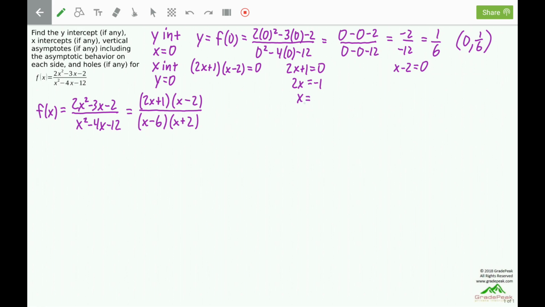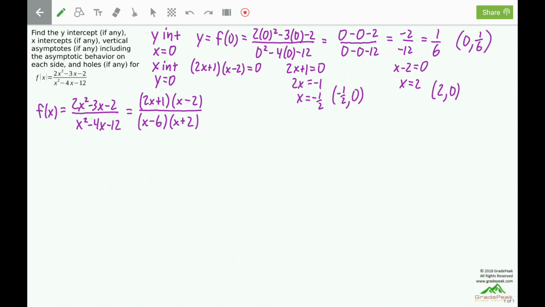Divide both sides by a 2, and we get the x-coordinate of negative 1/2. This corresponds to a y-coordinate of 0 for the x-intercept, negative 1/2, 0. Solving the x minus 2, add 2 to both sides, x equals 2. So this x-coordinate of 2 also corresponds to a y-coordinate of 0 for an x-intercept, and there are the two